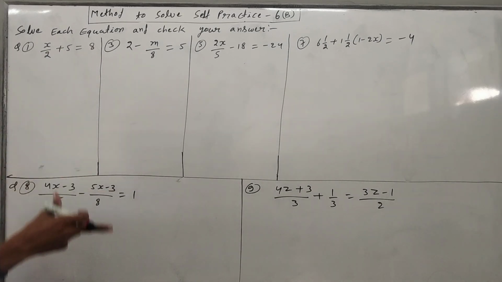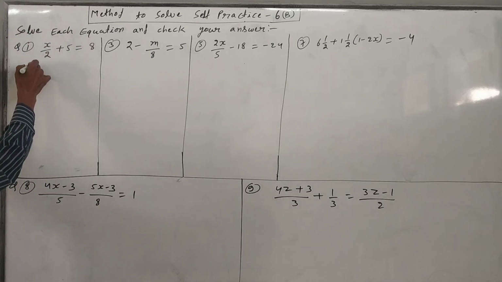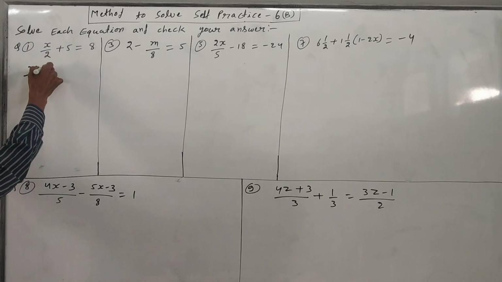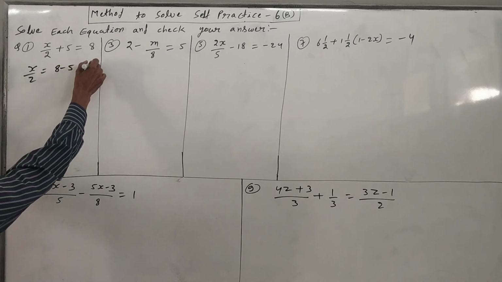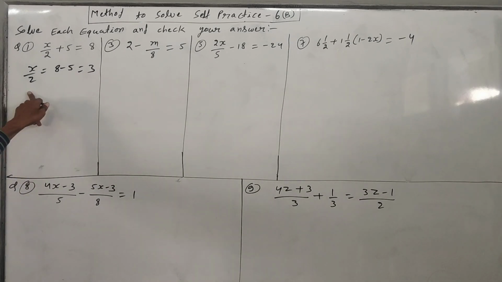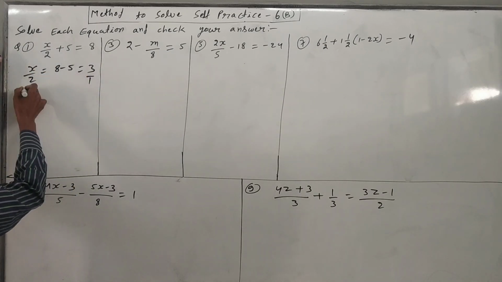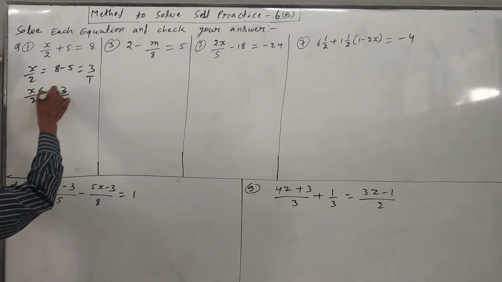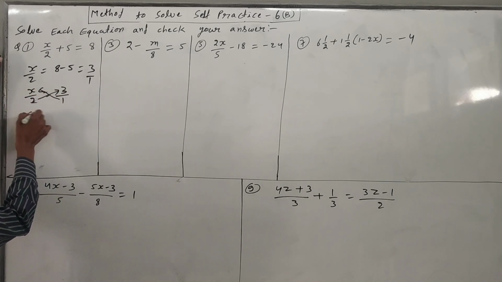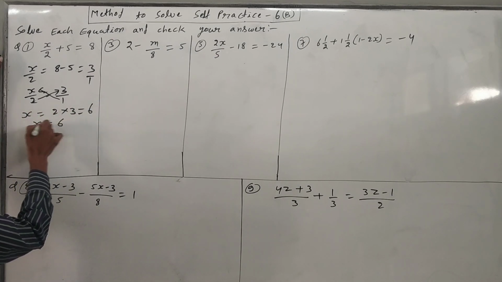For that, how are we solving? Just transpose this constant. So this 5 will go to that side, and the same x upon 2 method will apply. So 8 minus 5 will come, which is 3. Now x upon 2 equals 3, which is a fraction, a rational number, and nothing below 3 means 1. So again we have to do cross multiplication: x upon 2 is equal to 3 upon 1. This will multiply here, and this will multiply here. So x is equal to 2 into 3, which is 6. So the final answer is 6.